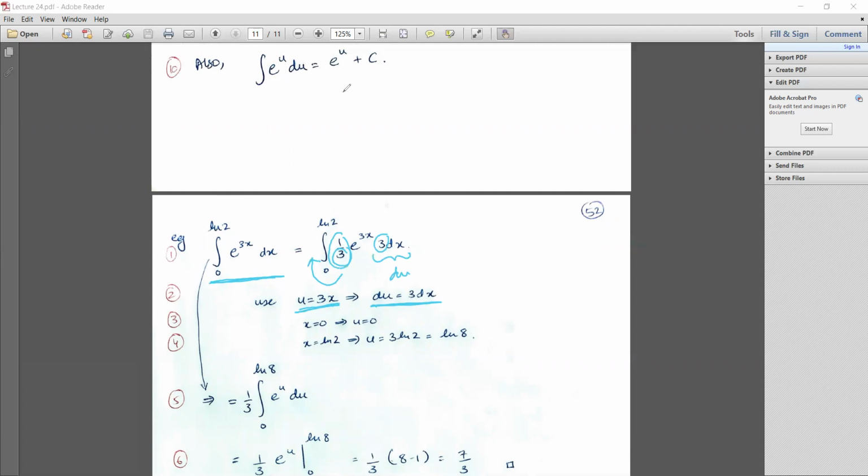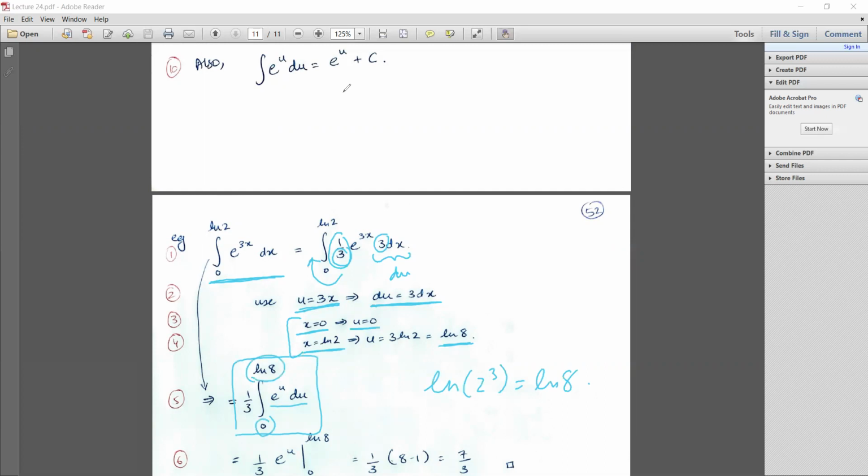Now, what's the one last thing that you need to do? You also need to adjust the limits of integration. So when x is equal to 0, u is equal to 0. When x is equal to ln 2, u is equal to 3 times ln 2, which you can also write as ln 8, because ln 2 raised to power 3 is ln 8. So now the integral becomes this, 1/3 times the integral of e to the u du from 0 to ln